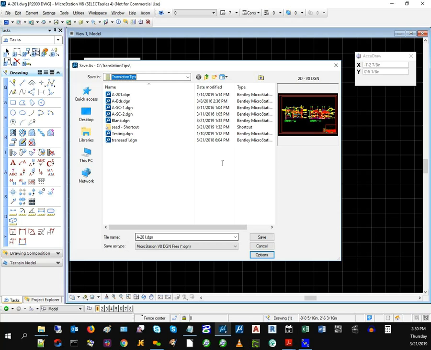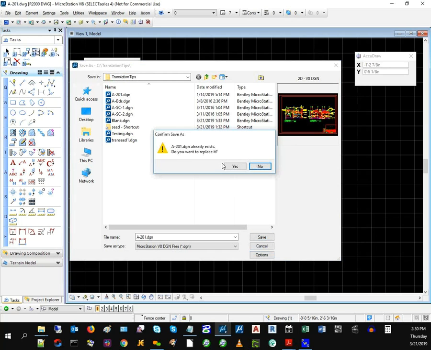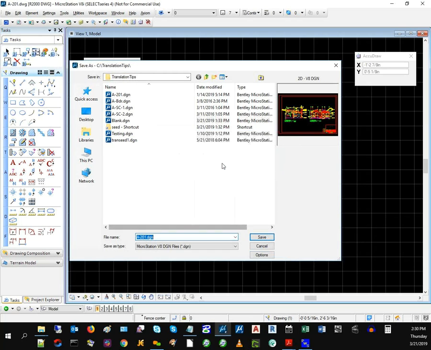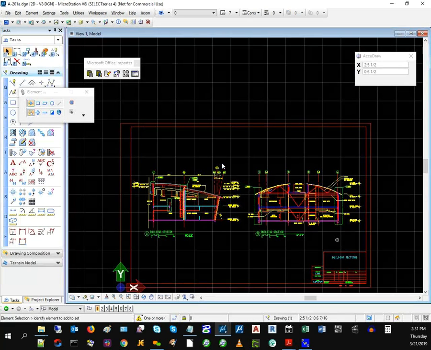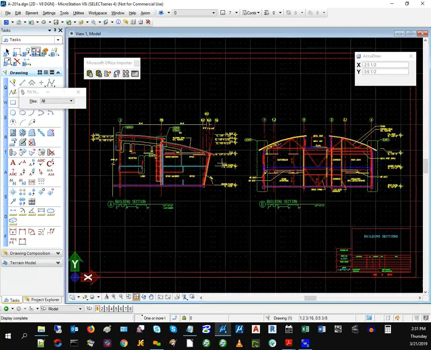Now, once that's done, you give the file the name that you want and you click Save. I've already got it replaced. In fact, I've already saved it out earlier. I'm just going to give this a different name because the numbers and data I used in the comma separated value file were just arbitrary, just for demonstration purposes. So the output of this file might not be exact as far as what I might want in a real world scenario. But it's now translated out to DGN form, and you see the colors just based on an earlier